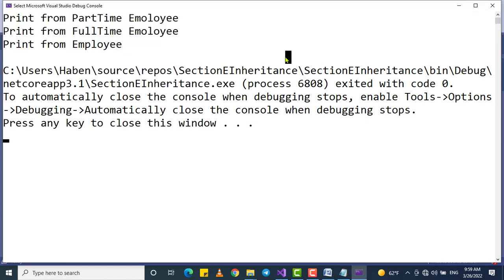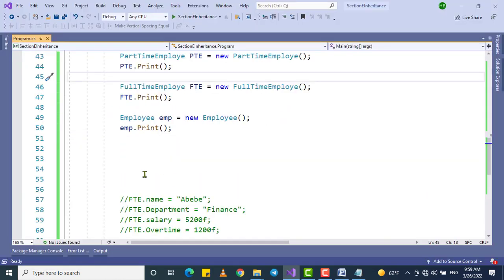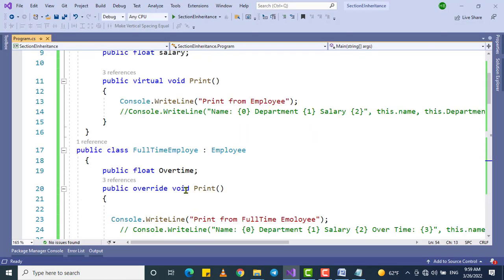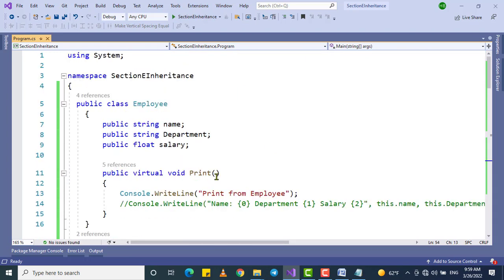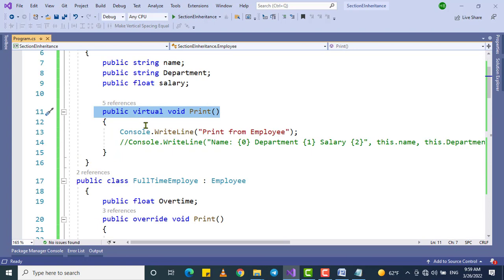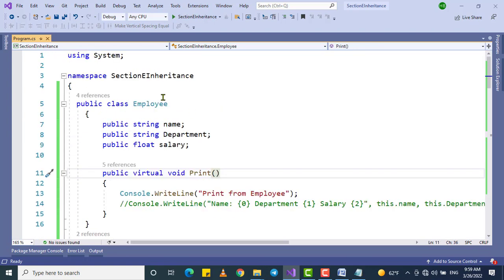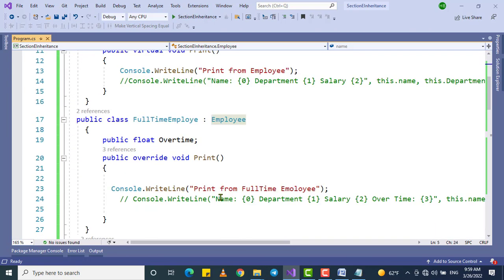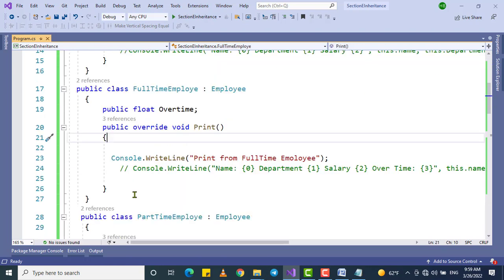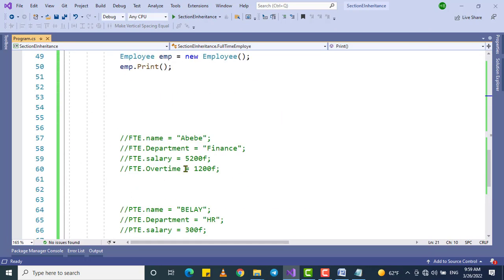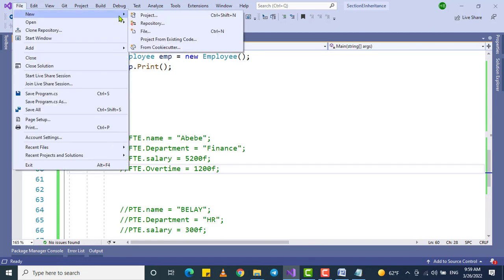So here I am overriding what? I am overriding this function, which is the virtual function of the employee or the base class. በቻይልዶቹ ምን እያደረገ ነው? ኦቨርራይድ እያደረገ ነው ማለት ነው። ኦኬ።